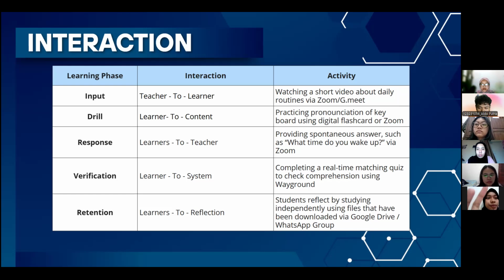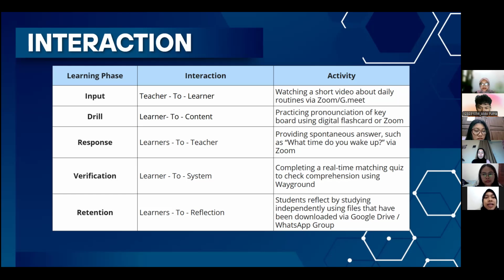So the teacher will check their comprehension, and this allows them to receive immediate feedback on their answers. And the last stage is retention, where the interaction is learner to reflections.